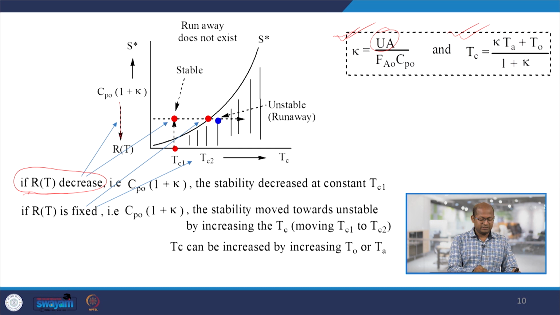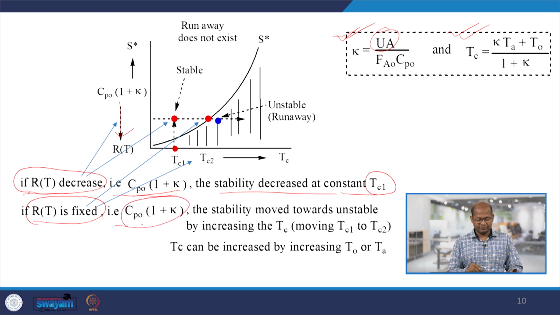If the RT term decreases, meaning the heat removal term decreases, so then Cp0 into 1 plus capacity, the stability decreases at constant Tc temperature. At these conditions, if RT is decreased, the stability is decreased. If RT is fixed, heat removal is fixed, the stability moves towards instability. If heat removal is fixed, the stability moves towards unsteady by increasing Tc, temperature